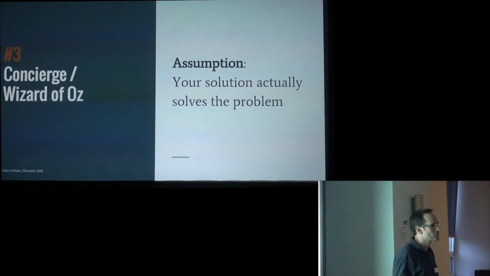Third one is Concierge Wizard of Oz. Now, I'm pretty happy with Ralf's talk here because that's one of the toughest ones to get through normally, but actually the two examples that he brought up are exactly what this thing is. What you're trying to validate is whether your solution will really solve the problem. So first, you checked whether the problem was there. Secondly, whether your pitch essentially resonated. And now thirdly, you're trying to deliver it without building the product, which was the case with Rapid Slides, with early Freeletics.